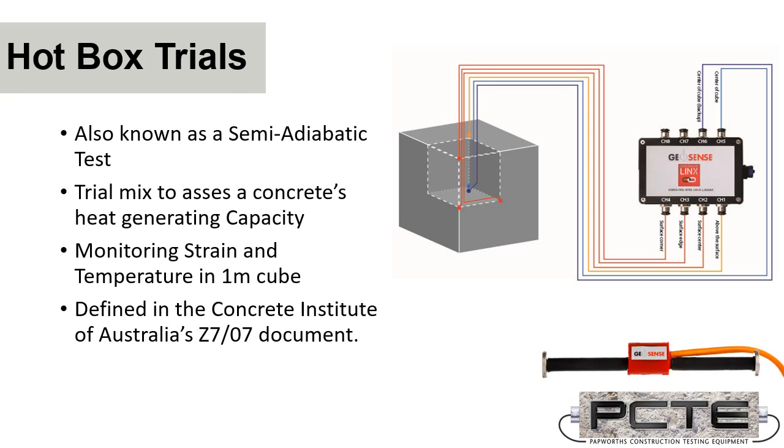But the Concrete Institute of Australia's Z707 document does talk about a test that can be used as input for modelling. That's a little bit easier to achieve. It can be done out on site or at batch plants. And that's where a 1 metre concrete cube is prepared in a